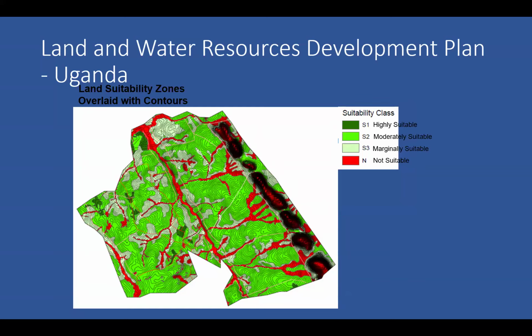Then we did a land suitability zonation, like which lands are actually suitable for sugarcane and which are not. If you grow sugarcane there and it is not coming, then again it's a waste of your resources. So we created this. All the red and light green colors were removed from that place.